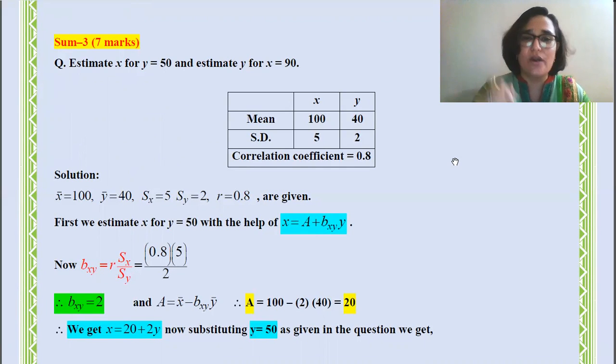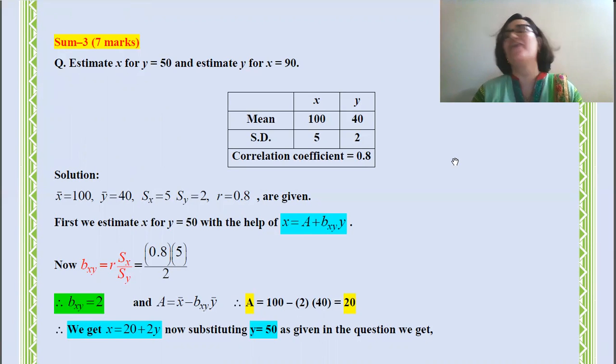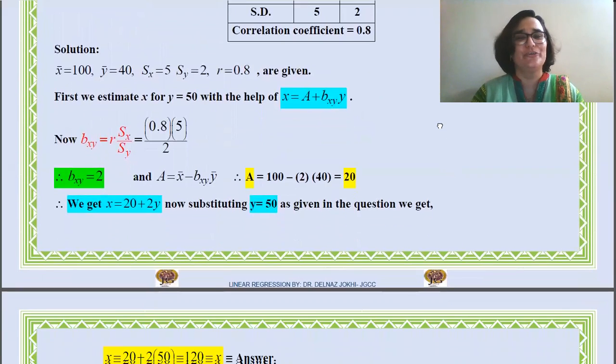Great going. What is given to you? Look at the table. Mean of x bar is 100. Mean of y bar is 40. Standard deviation of x is 5. Standard deviation of y is 2. Oh, correlation coefficient r भी आपको दिया गया है 0.8. तो सम बहुत फास्ट हो जाएगा, बहुत इजी हो गया। चलिए उठाइए कैलकुलेटर, गेट गोइंग। Now it's very easy for you. शुरू करते हैं।